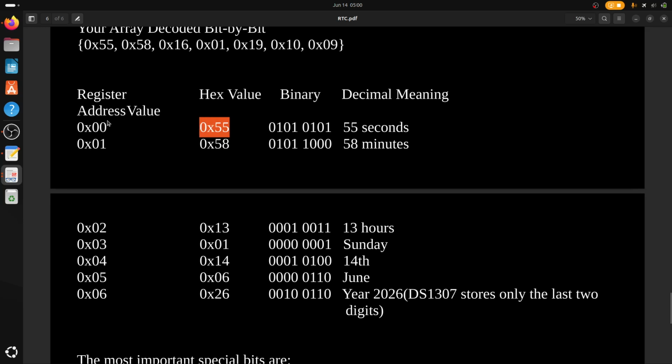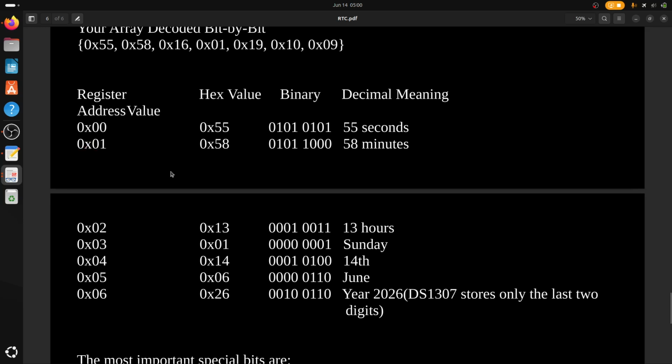This address is for second, this is for minute, this is for hour, this is for day,